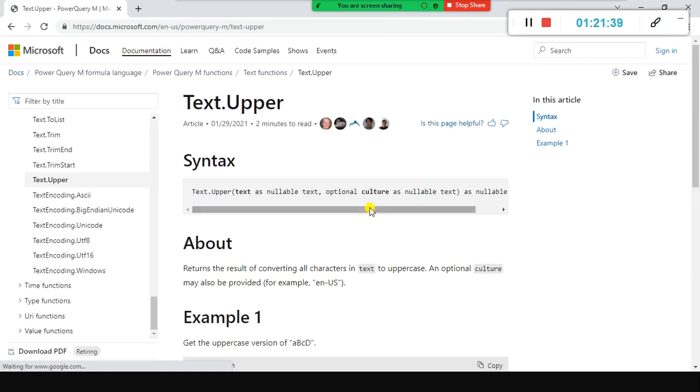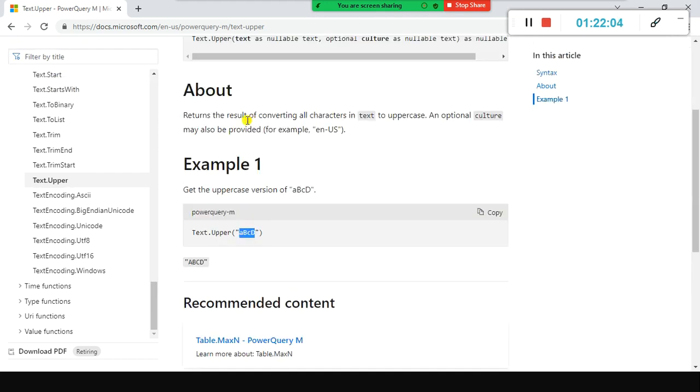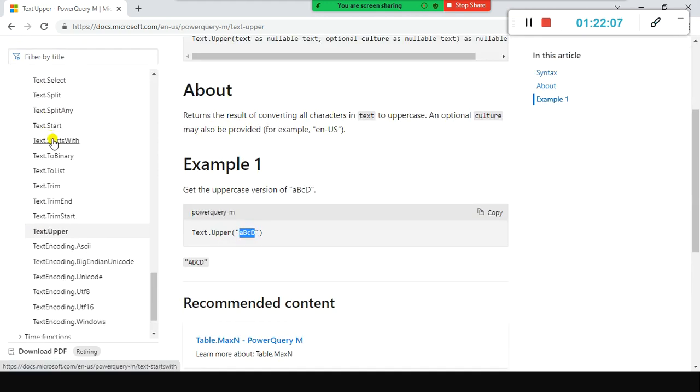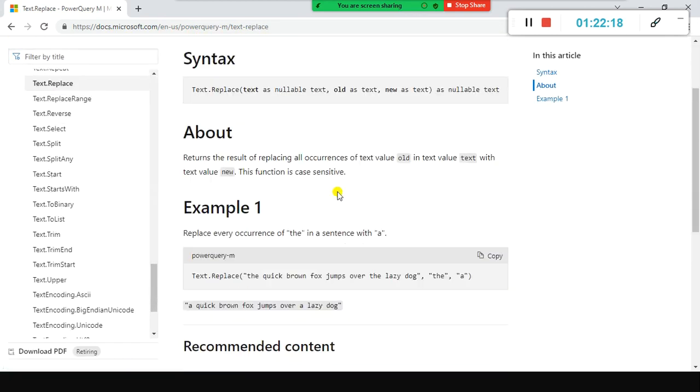Text.Upper. The syntax, they have given the example also. Inside this you need to specify, for example, we have a customer table. The customer table has a customer name, right? You make that an argument here. You pass that customer name here, instead of ABCD, customer name. So that customer name column will become capital letters, upper function. Similarly, you can look here at text functions, a lot of functions are available. See docs.microsoft.com, Power Query, Text.Upper. Look here, Text.Repeat, Text.Replace. Try to be familiar with all these things.